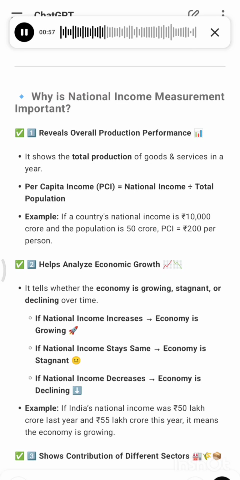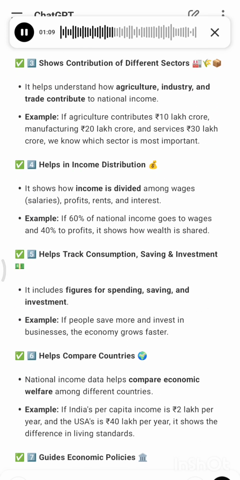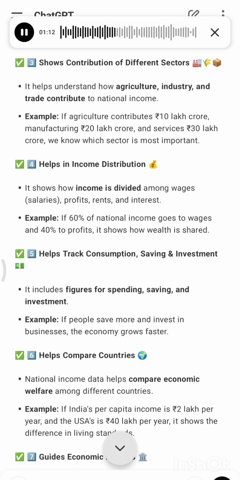Example, if India's national income was 50 lakh crore last year and 55 lakh crore this year, it means the economy is growing. 3. Shows contribution of different sectors. It helps understand how agriculture, industry, and trade contribute to national income. Example, if agriculture contributes 10 lakh crore, manufacturing 20 lakh crore, and services 30 lakh crore, we know which sector